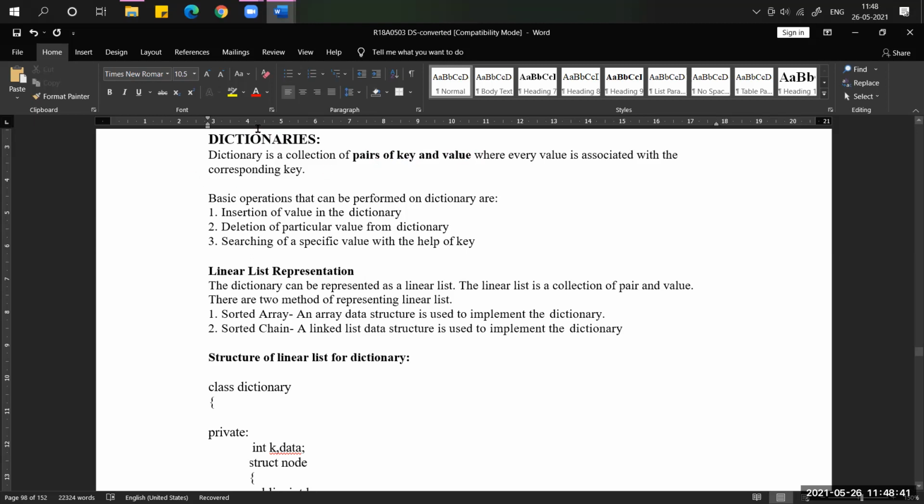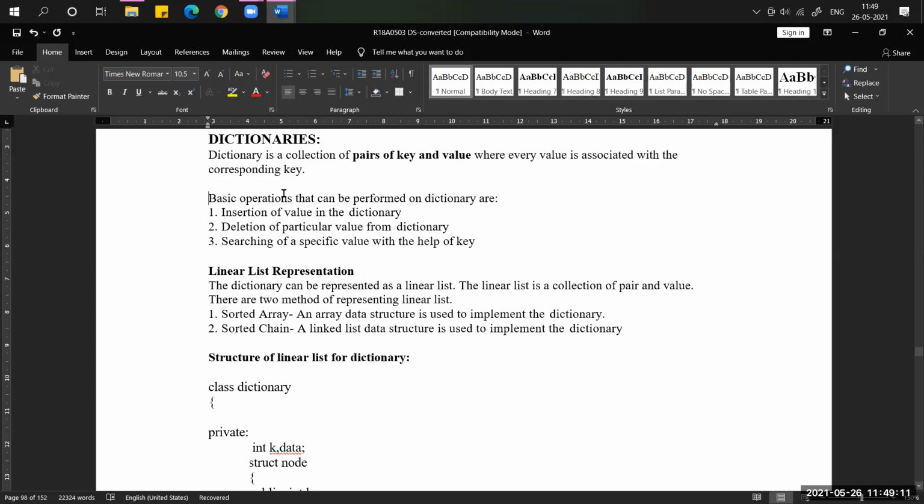So a dictionary is a collection of pairs of keys and values, and every value has a particular key. What is the use of this key? Later we will discuss. Remember this: it's a collection of pairs of keys and values.